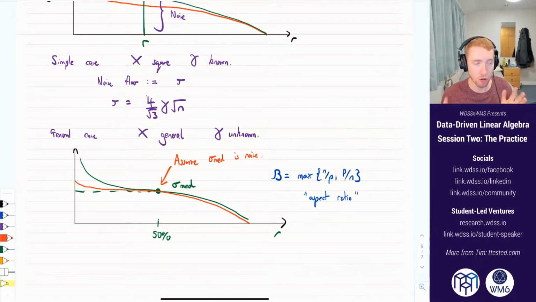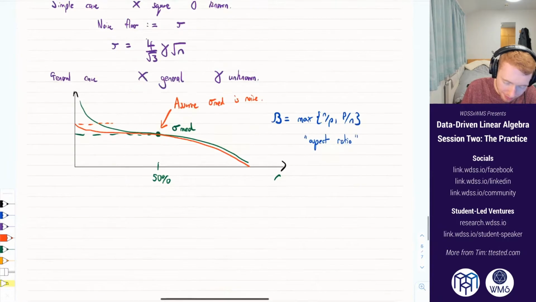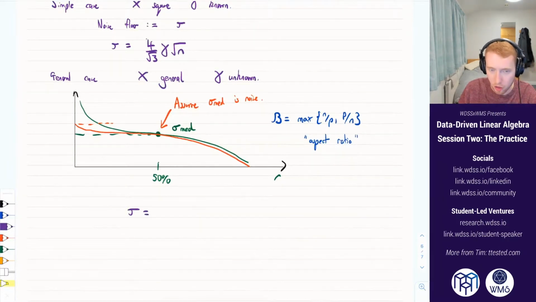And that's a very reasonable assumption to make, because we assume that at least more than half of our data, or the last half of data, we can represent it with at least 50% efficiency. And so we fit the best noise curve using that, and then we use that as our noise floor. And then this gives us an empirical value of the noise floor to be, it's a very simple equation involving a very complicated expression. So it's this omega of beta times whatever this median value is. And all this is here is a correction factor